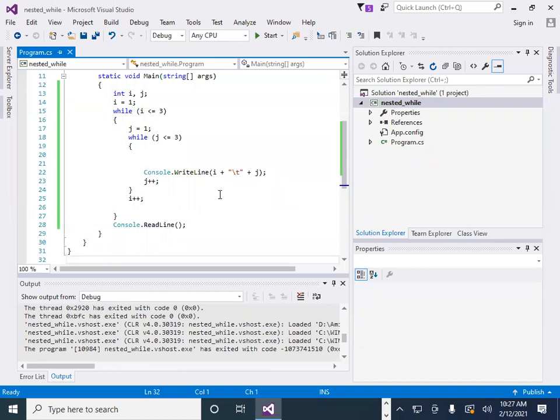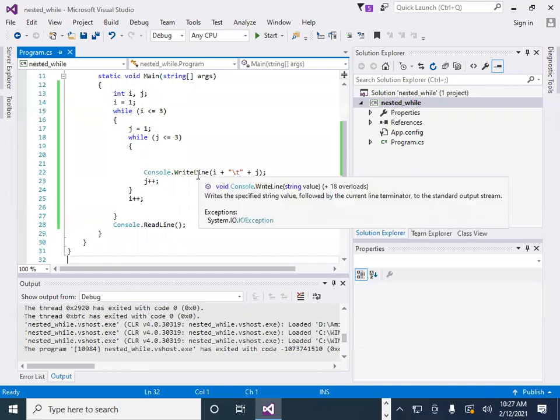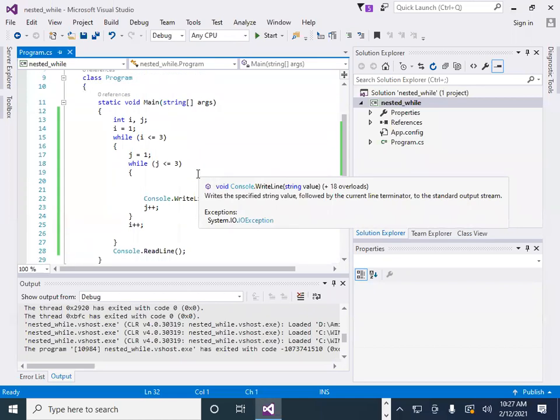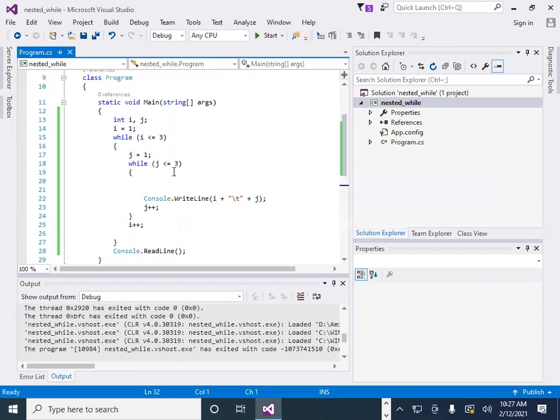Same program, same as the for program. We create the pyramid here. Okay, so we just change the condition and we get the desired output.